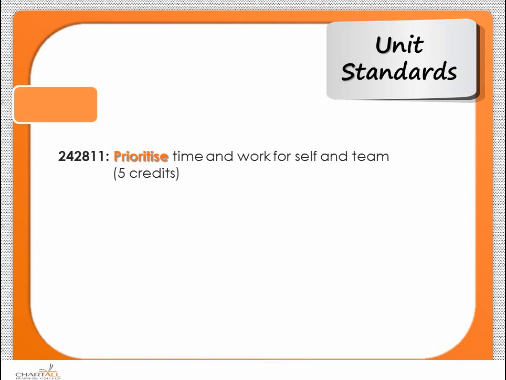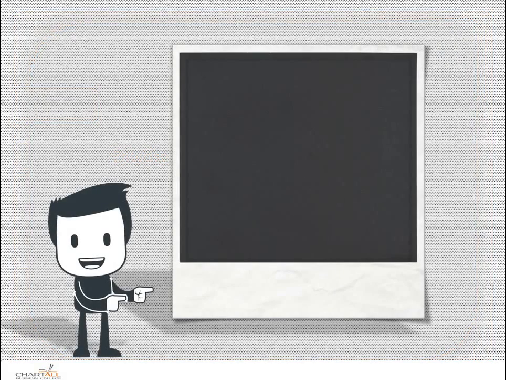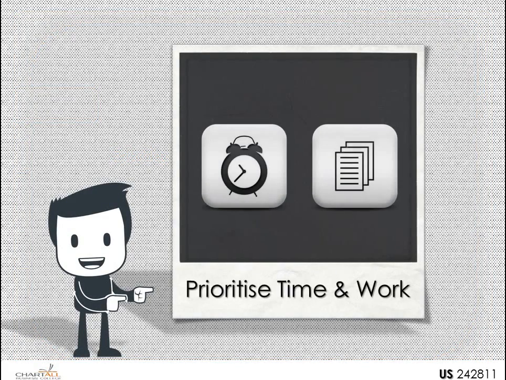In order to be effective in the role of a manager, one needs to be able to make optimum use of time. Every individual has the same number of hours in any working day. How is it that some of us seem to get more done than others, or less in most cases? The unit standards in this section deal with using a systematic approach. Using a system helps us get more done.